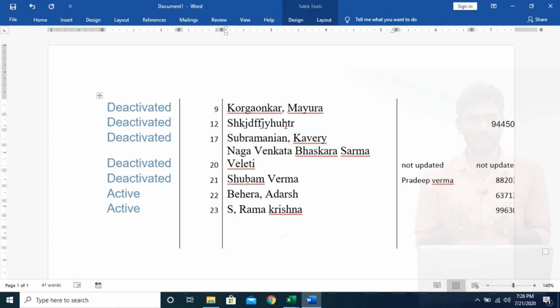But here I would like to copy the data from Excel to Word, but I don't want to give a chance to edit it once again. So in these cases you may copy and paste as a picture, not as a table in MS Word. So in that case, Ctrl+Z, undo.